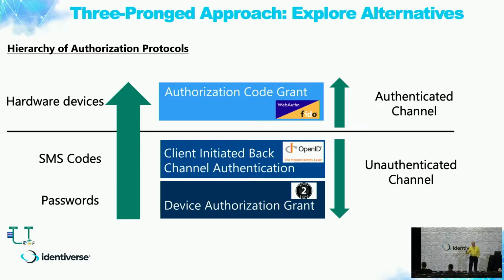So Device Authorization Grant is commonly used, but it's also perhaps the one that is most easily exploited. CIBA, the Client-Initiated Backchannel Authentication protocol from the OpenID Foundation, actually makes things a little bit harder, right? Different model. And then finally, Authorization Code Grant, especially combined with the latest work with passkeys, with WebAuthn, and the